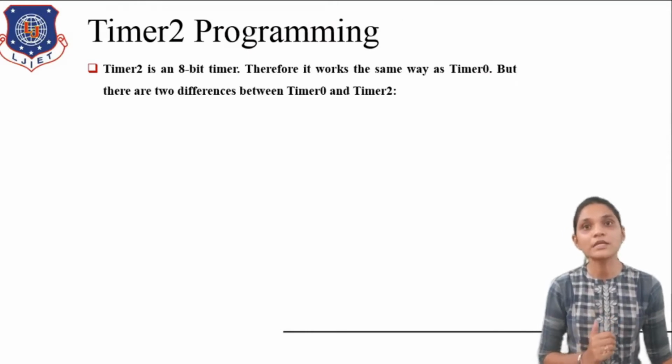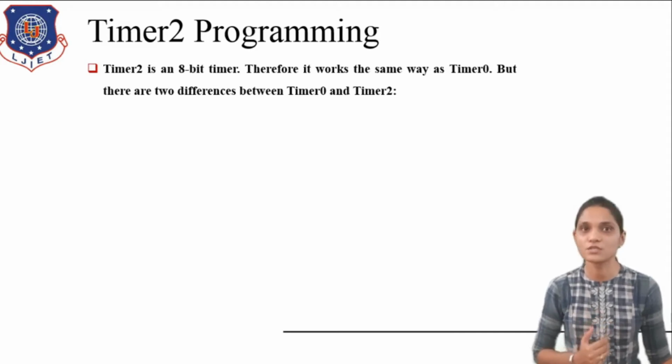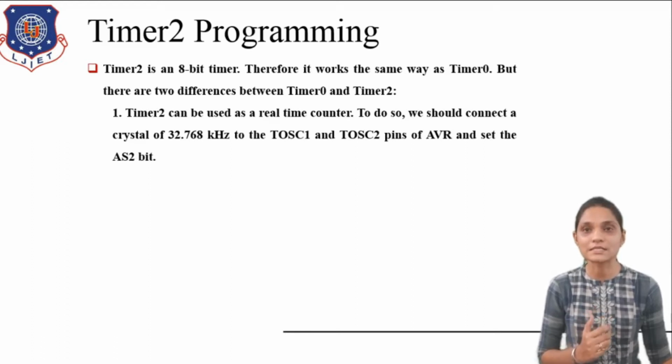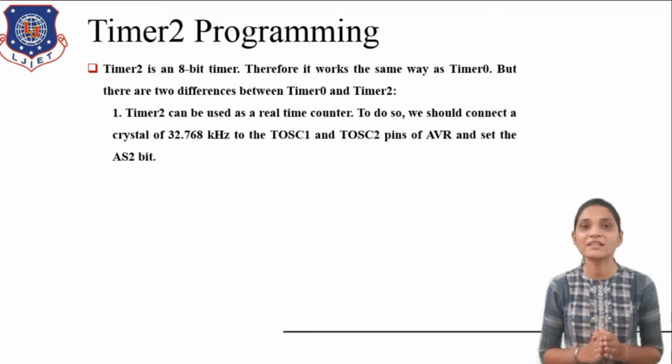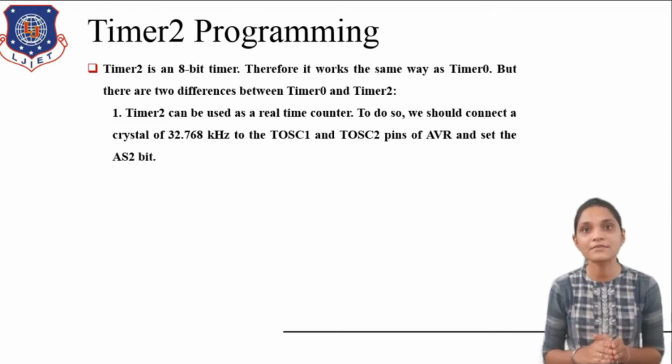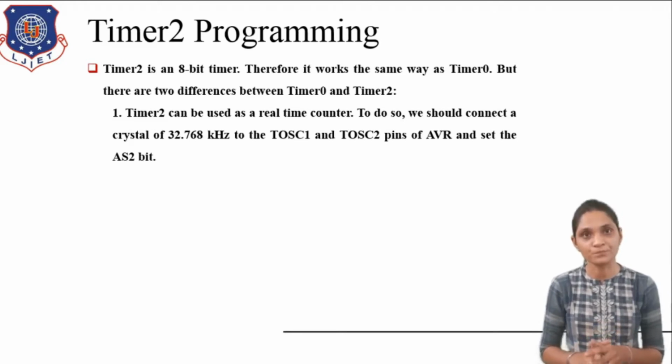This timer 2 is the 8-bit timer, therefore it works the same way that timer 0 works. But there are two differences between them. First, timer 2 can be used as a real-time counter. To do so, we should connect a crystal of 32.768 kilohertz to the TOSC1 and TOSC2 pins of the AVR and set the AS2 bit also. So you have to connect the crystal of